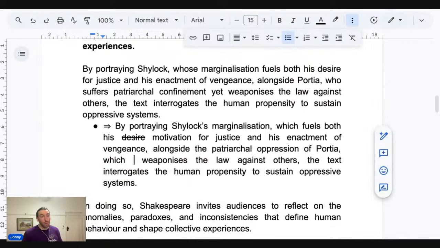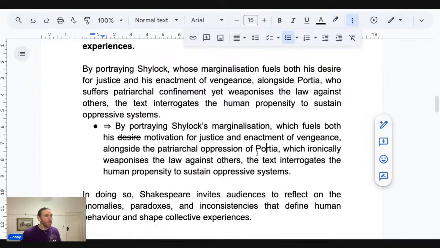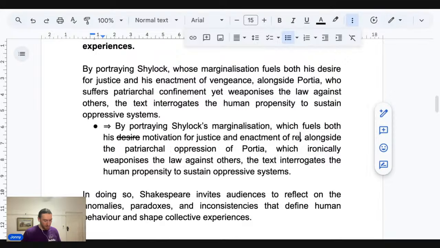I'm not even sure this is going to sound any better, to be honest. It was a pretty good sentence after reading it. It was just that top bit that needed a rephrase. Okay, what I'm doing here is showing you an example of just experimenting with different sentence structures and just playing around with it to see what flows the best. But this one was already pretty good. By portraying Shylock's marginalization, which fuels both his motivation for justice and his enactment of vengeance, maybe revenge,